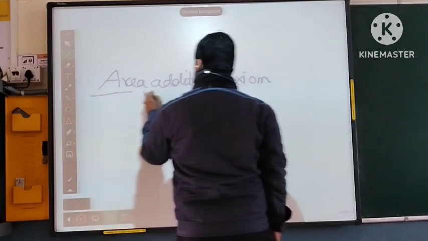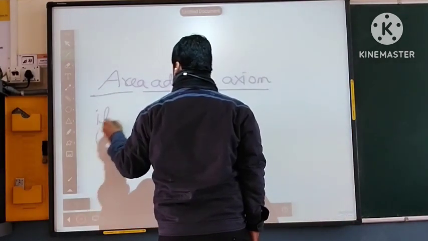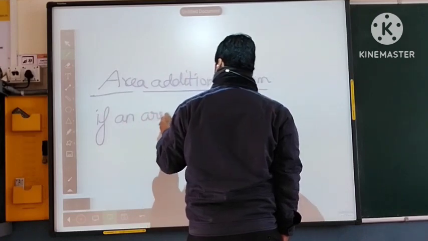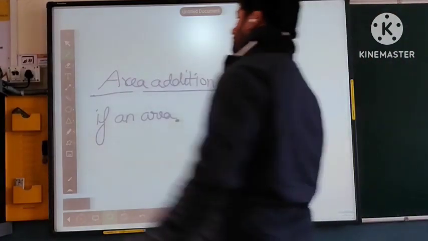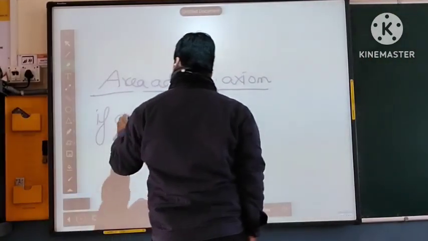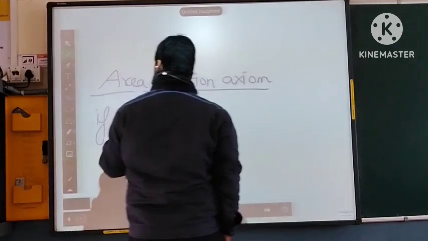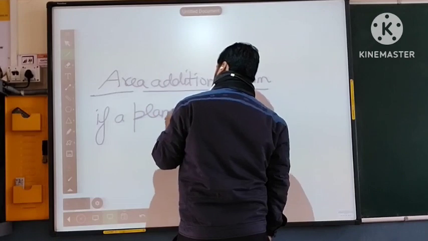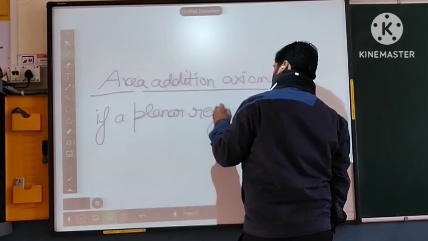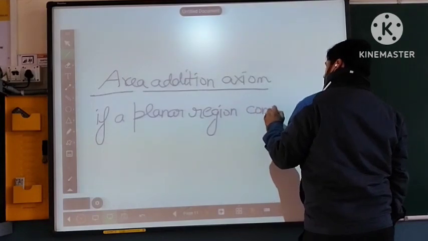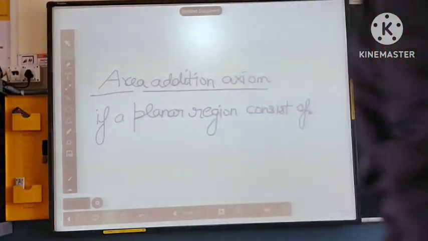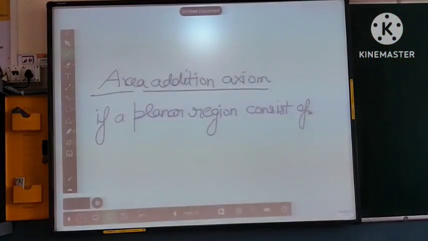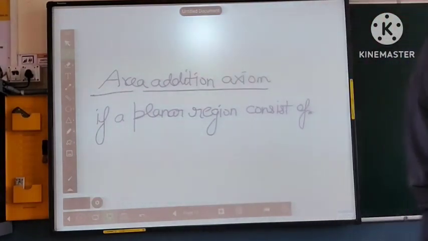It talks about a planar region R. It says if a planar region R consists of two non-overlapping planar regions, and this non-overlapping condition is very important, children,